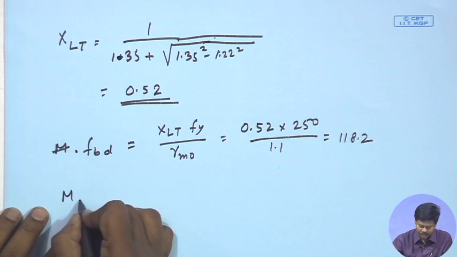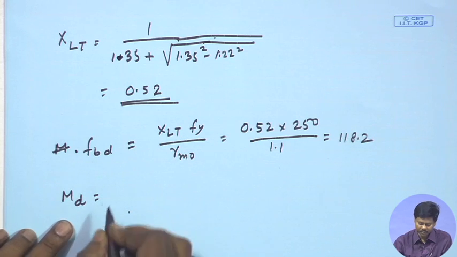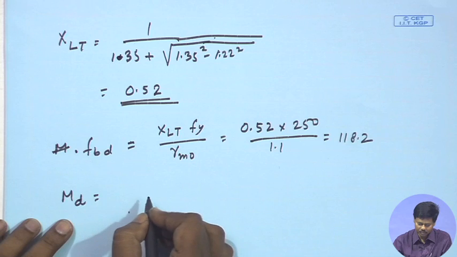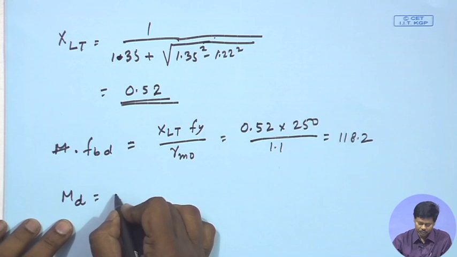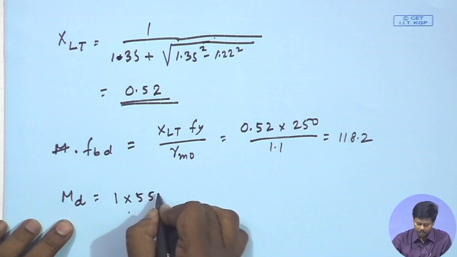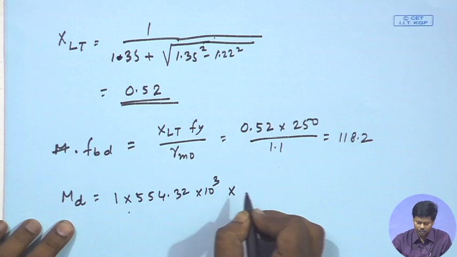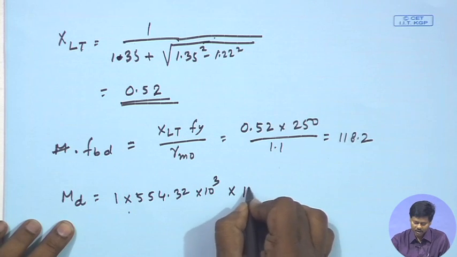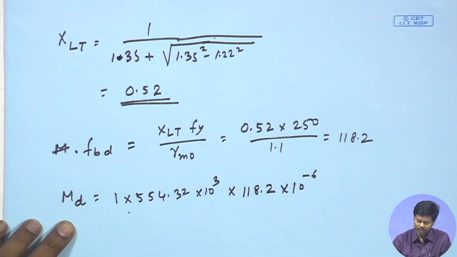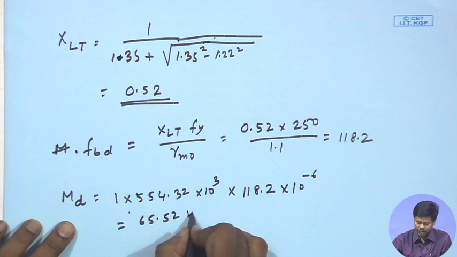So, now MD, the design compressive bending moment, we can find out as beta B ZP into FBD. So, that is 1 into 554.32 into FBD, which is 118.2, and to make it kilonewton meter we can multiply by 10 to the minus 6. So, 65.52 kilonewton meter,